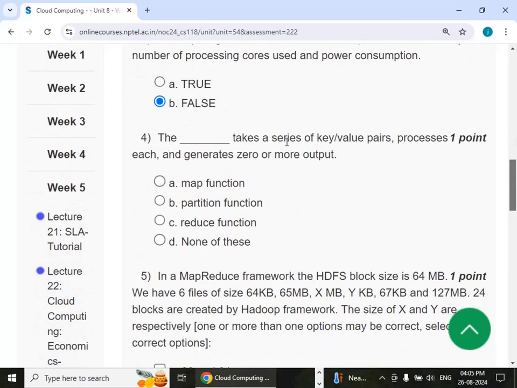The dash takes a series of key value pairs, processes each and generates 0 or more output. The answer is option C, reduce function. Next, fifth one,